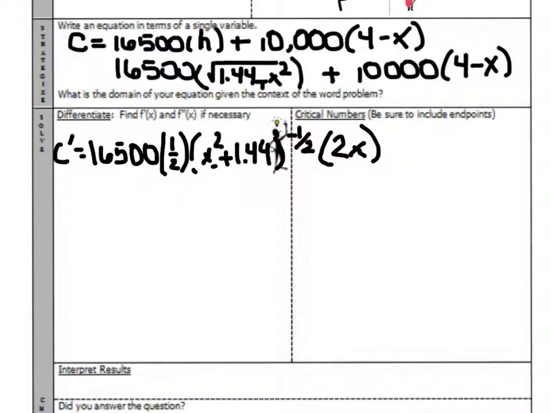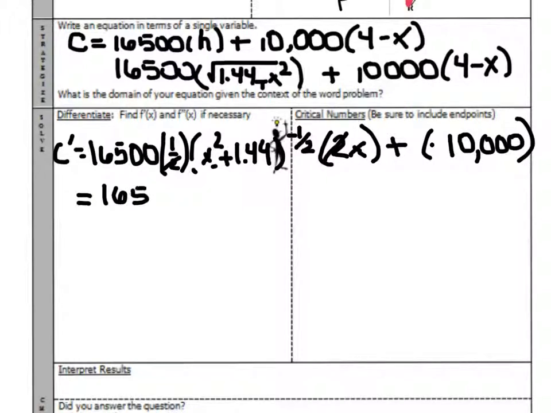And then that will be plus the derivative of the next term, which would be negative 1 times 10,000. So actually it's a negative 10,000. Okay, great. Now continuing along, let's simplify this a little bit. So we've got this 2 and this 2 will reduce. So I'm going to be left with 16,500x in the numerator all over the square root of x squared plus 1.44